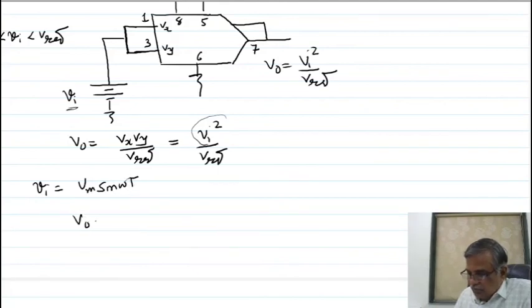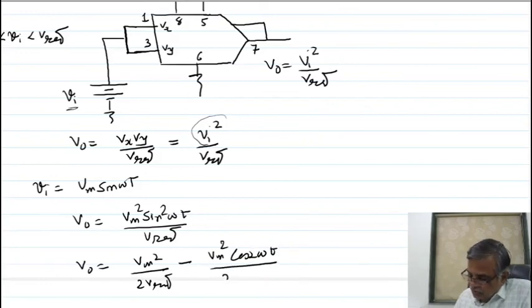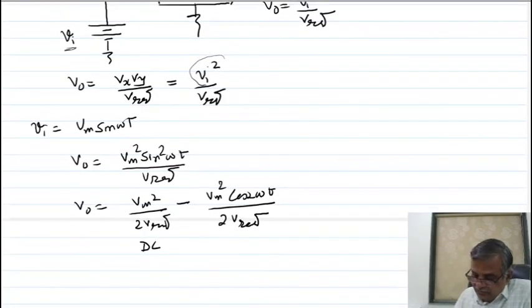Then the equation of the output voltage is nothing but Vm square sin square omega t upon V reference, and you can write it as Vm square upon 2V reference minus Vm square cos 2 omega t upon 2V reference, which means you will get